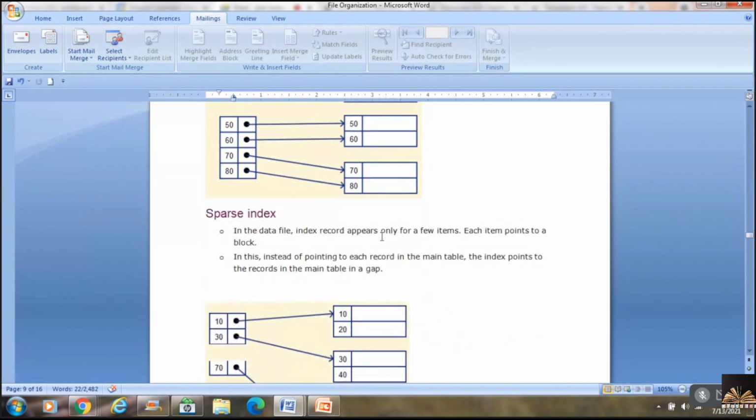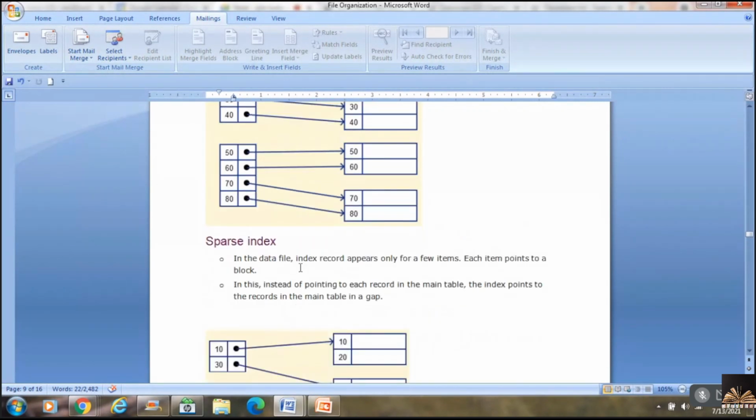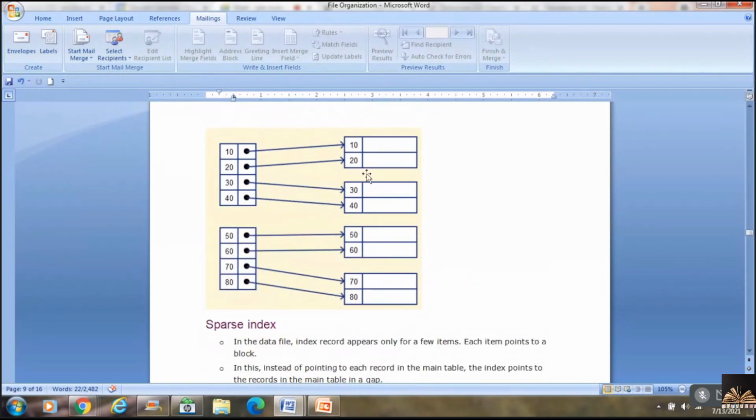In the data file, index records appear only for a few items. Here it was for all the items, and in this case, it is only for a few items. Each item points to a block. So this is my block, this is my block, this is my block, this is my block.